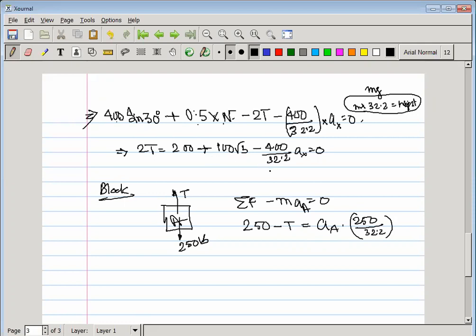So please write down this equation, 250 minus T, this one, this is another equation, right? This is another equation. Another is where, please calculate this one so that I can understand. Please calculate 200 plus 100 root 3, how much is this one? Minus 400 by 32.2 ax. So we have to find out this one,